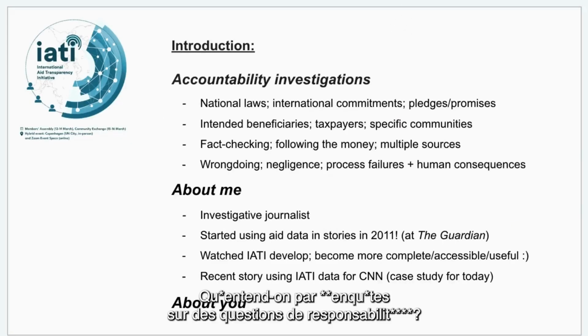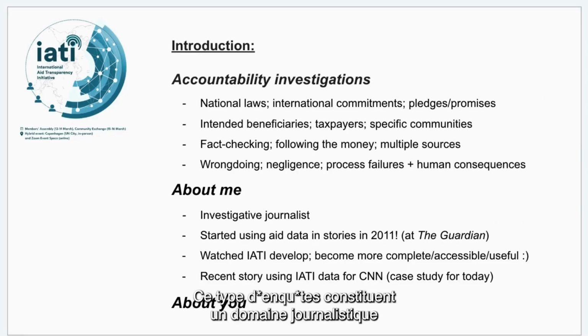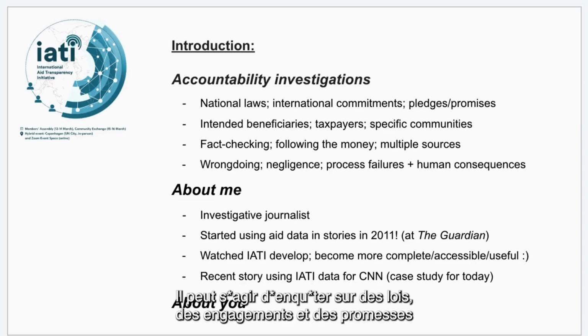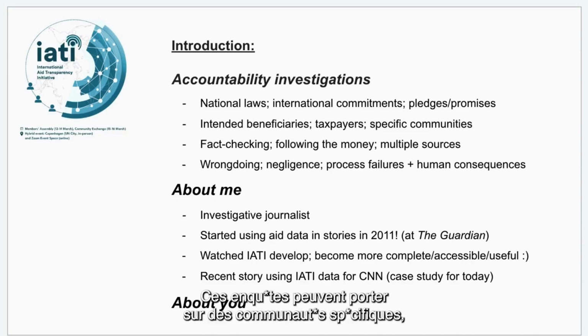So what do I mean by accountability investigations? And the answer is many things, potentially. Accountability investigations are both a focused and broad area of journalism. They could look at, for example, laws, commitments, pledges, and promises, whether they're being evaded, broken, or potentially undermined by other things. They may focus on specific communities, such as intended beneficiaries of projects or taxpayers that provide funding for things. They may involve elements of fact-checking, following the money, and often multiple sources of information to piece together an independent picture